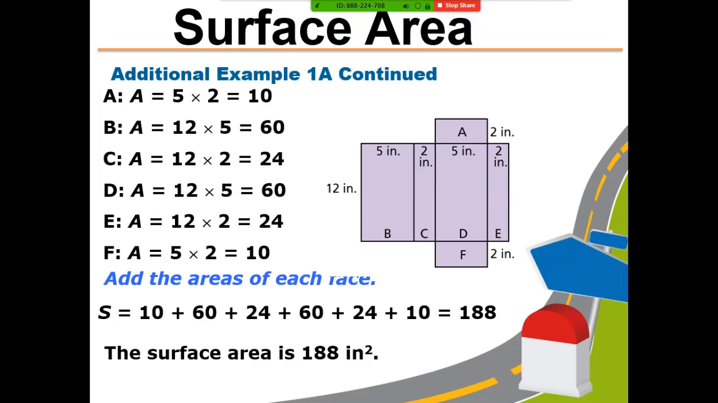Yes, I have this one, A and F. They are the same, right? I also have B and D. They are the same. C and F. Sorry, C and E. They are the same. So, from the beginning, if I can see any 2 congruent faces, I can calculate one of them